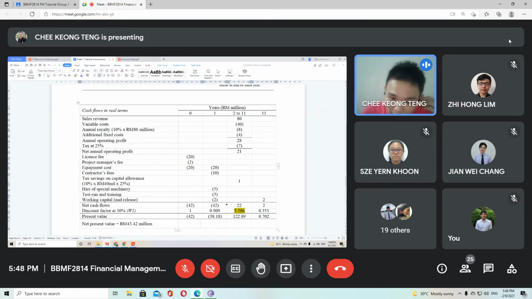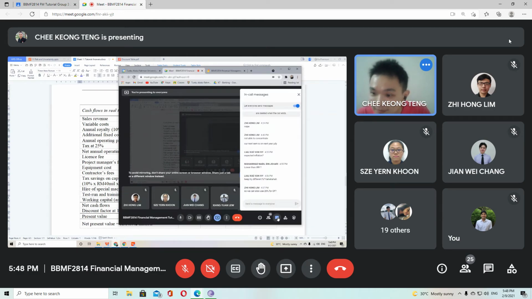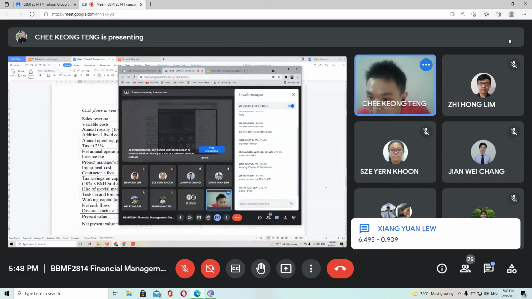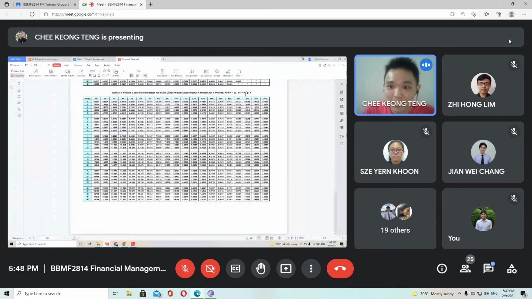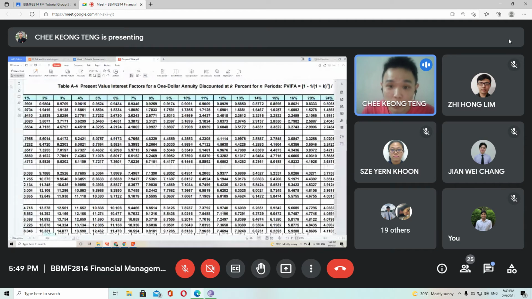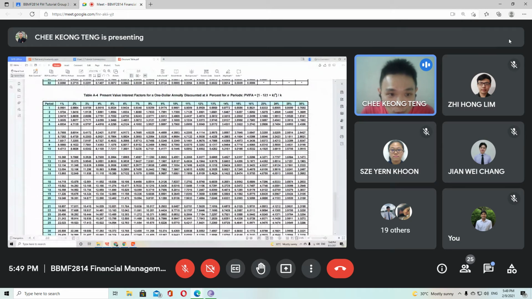Any idea how to get this 5.586? Very good. Okay, Xiang Yuan. Okay, I think you got the answer correctly. All right. So all of you, remember, because like what I said, if not later when you are doing revision, you do not know how to get this figure. Actually, very simple. Because now what we want is from year 2 to 11, right? So we can just use